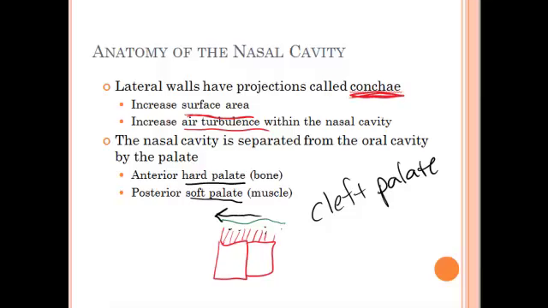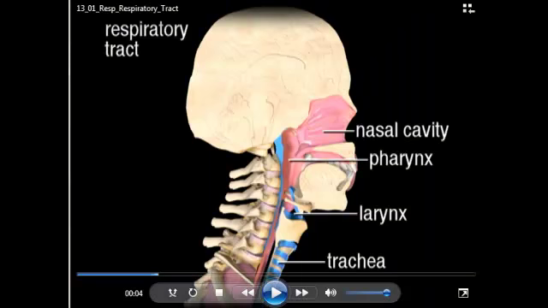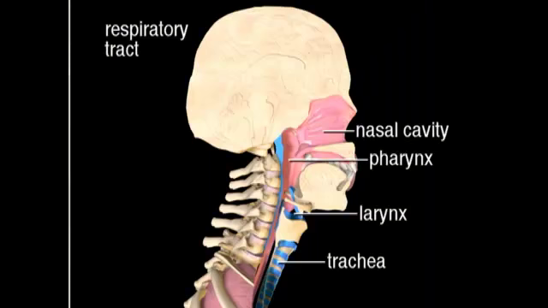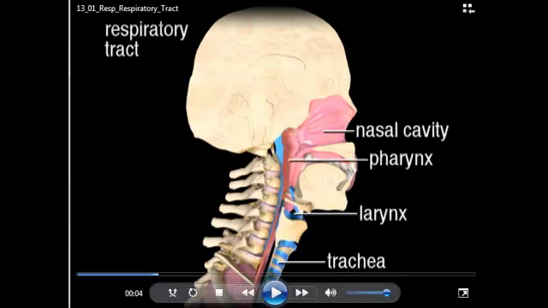Now we're going to move into and talk a little bit about the pharynx. So you can see the pharynx here below the nasal cavity. Now the pharynx is an interesting part of the respiratory tract, because it is the convergence of the respiratory tract, but also the digestive tract that we'll see in the next lecture series. So as these two come together, we have the air moving down and going down into the trachea, but